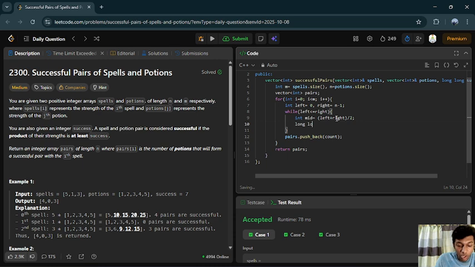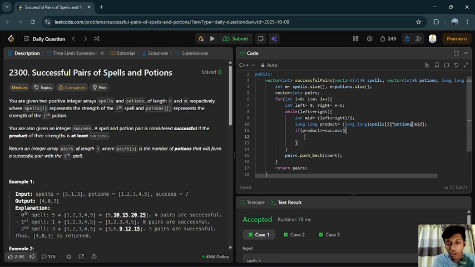Long product equals to typecast it of spells of i into portions of mid. Great. Now if product is greater than or equal to success,